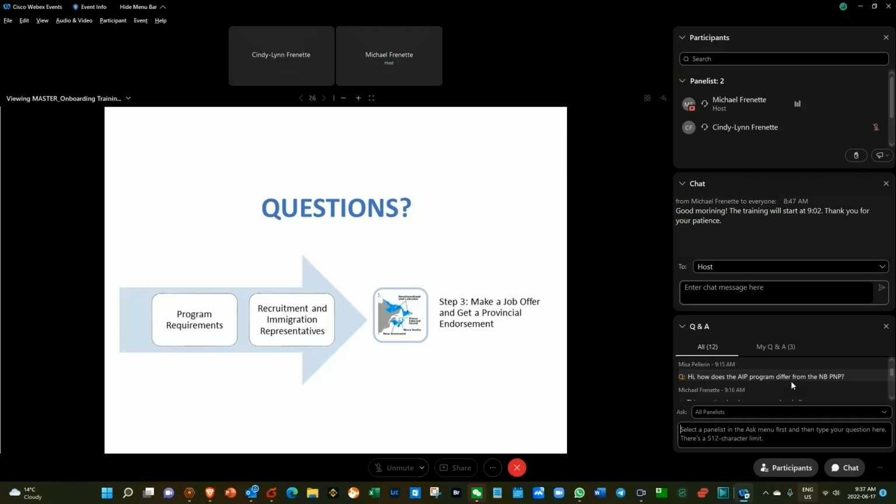Yes, if a candidate is already in Canada but working for another employer in another province, it is possible for you to hire that person. There's some measures in place that would allow you to obtain a work permit for that person. So definitely it's an option. Yes, we'll talk about settlement service provider organizations throughout the presentation. So there'll be more information shared on that topic.